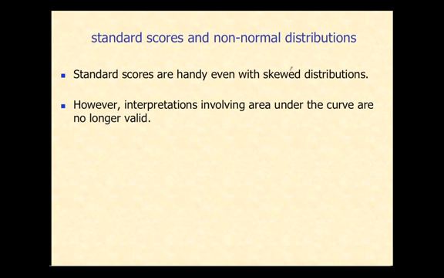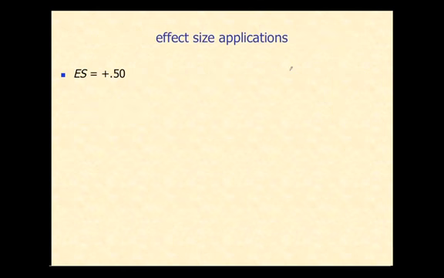So what about standard scores and non-normal distributions? Well, standard scores are handy even with skewed distributions. They help you to understand somebody's relative performance to a group. But you can't use skewed distributions to determine the area under the curve. Those kinds of calculations and assumptions are no longer valid. So let's move on to a little bit about effect size and the normal distribution, and looking at what an